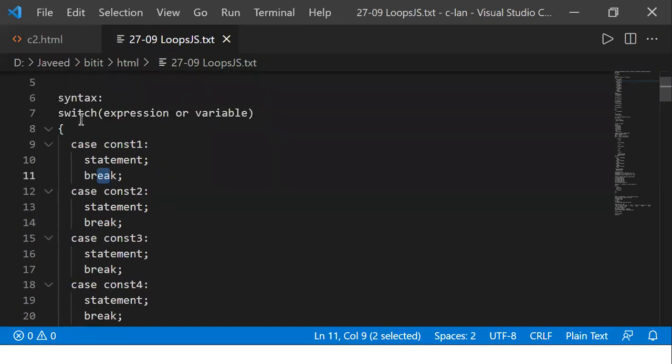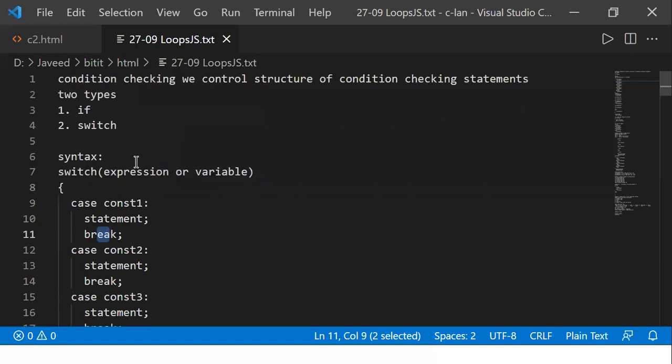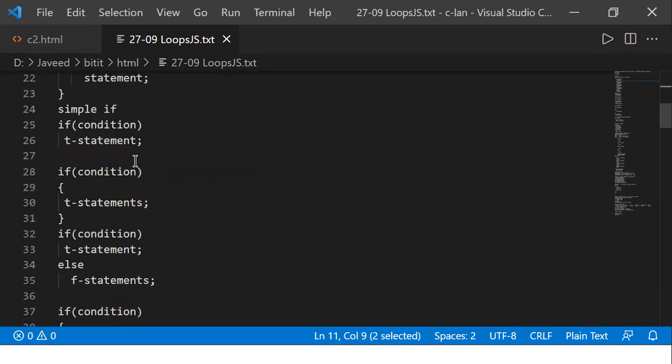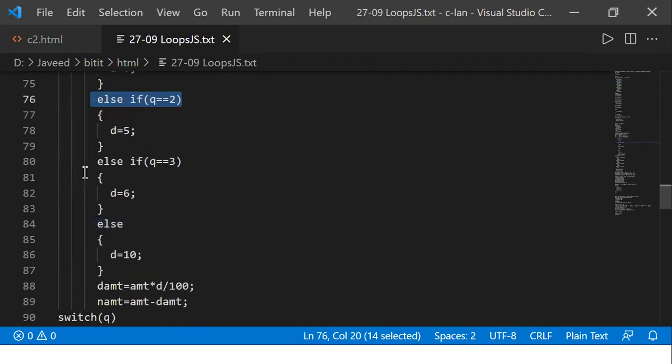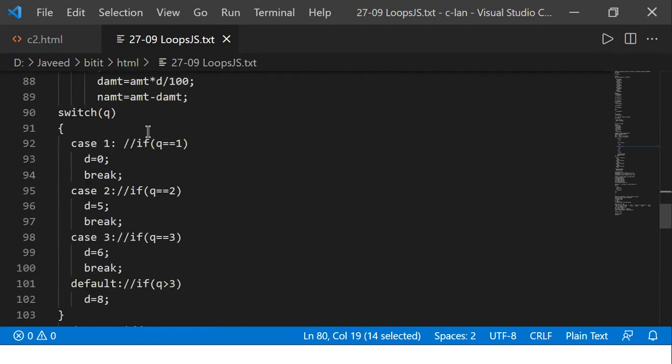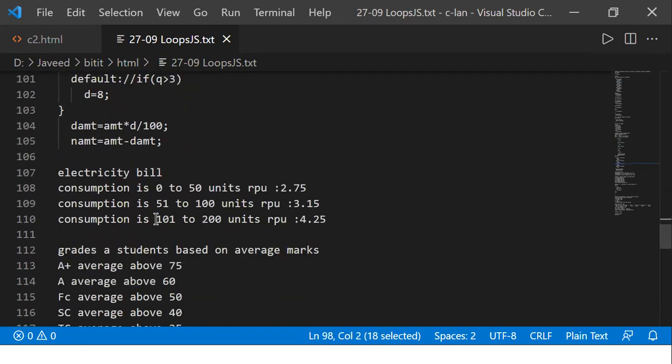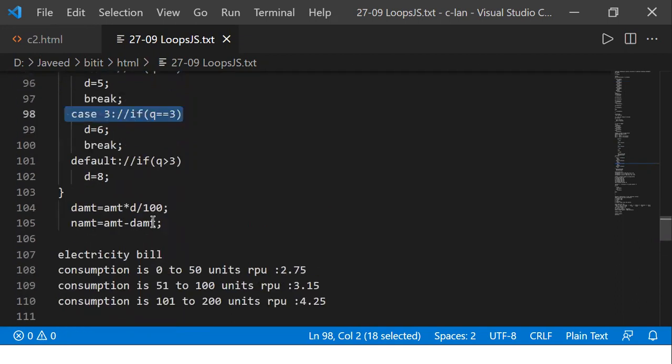Whenever you have a series of conditions where you're going to make an equal-to comparison, you use switch. For example, let us say you're writing: if q is equal to 1, else q is equal to 2, else q is equal to 3. In this case, you can replace it using switch. You can do it like this. So this is what we did in the last class for the switch case. Revise once again. If you have any difficulties in understanding them, let me know, and I'll help you out once again.